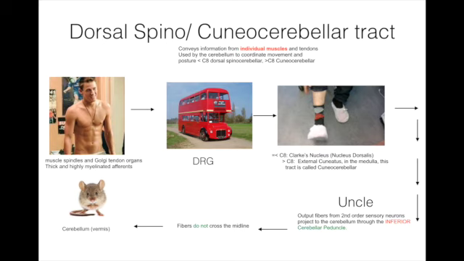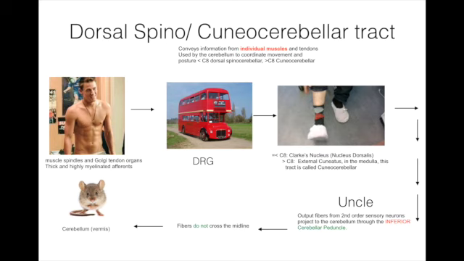So the way I like to remember this is by the term muscle man. This is the muscle man tract. So muscle man, muscle spindles and Golgi tendon organs project to the dorsal root ganglion, remember the big red bus, to Clark's column. So muscle man gets on the bus, then he